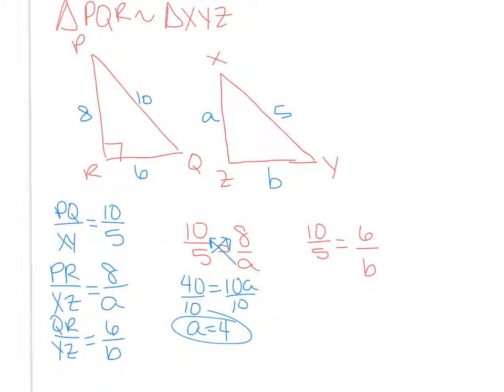Let's take the same steps, use your cross product. 6 times 5 gives me 30. 10 times B gives me 10B. Divide both sides by 10. B equals 3. Make sense? Yes. Can you just, like, you can see that 5 is half of 10, so couldn't you do, say, what is half of 8, so that's 4,